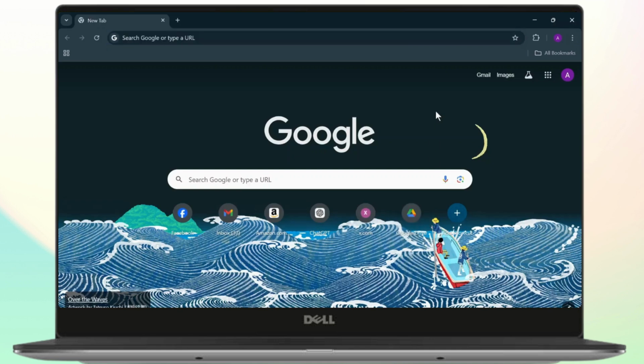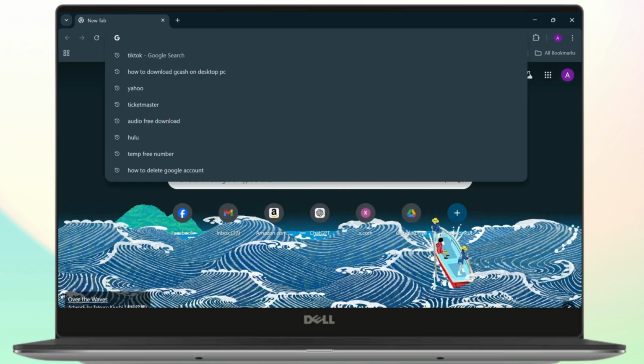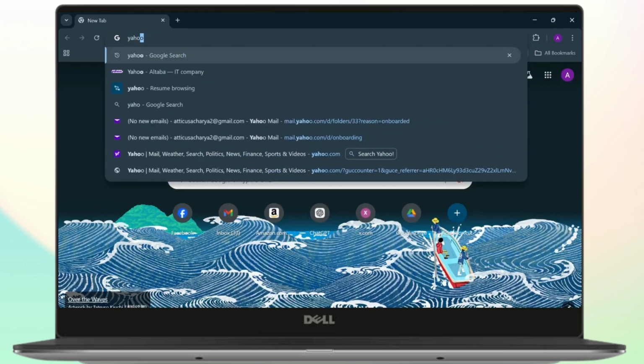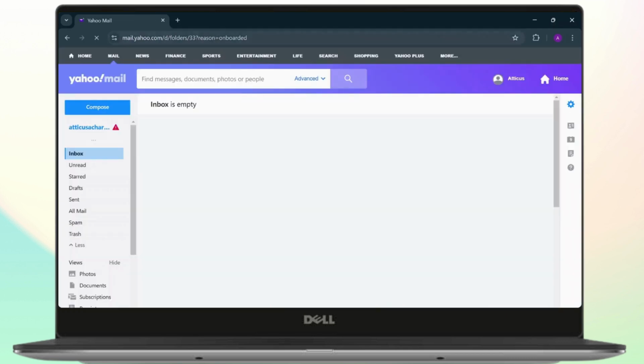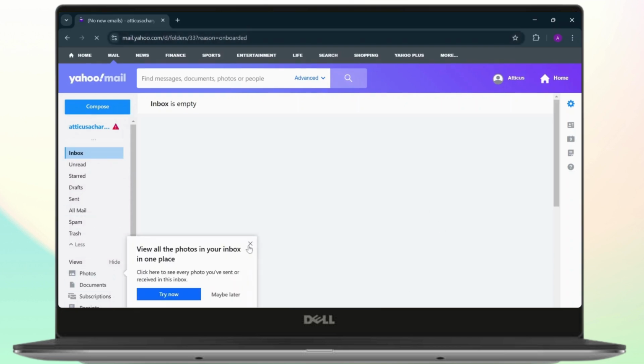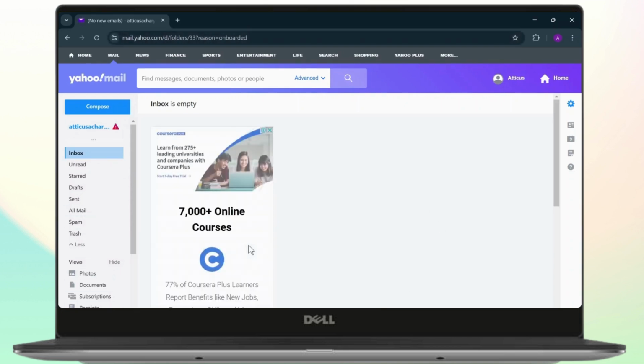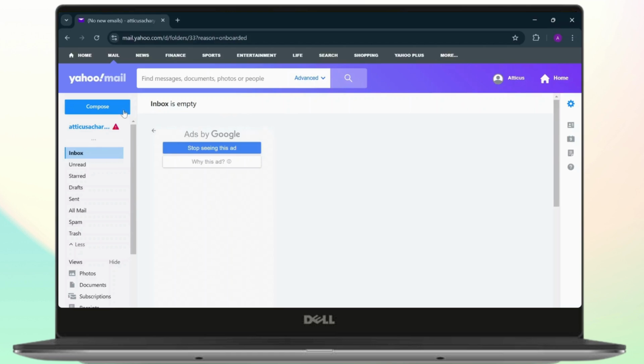The first thing you will need to do is simply open up Yahoo Mail. So head over to yahoomail.com or mail.yahoo.com. After you're on your Yahoo Mail, this should be your interface. Now, I just created my Yahoo account, so I do not really have any mail here, but this is how you do it. After you've opened up your Yahoo Mail, what you'll need to do is on the left hand